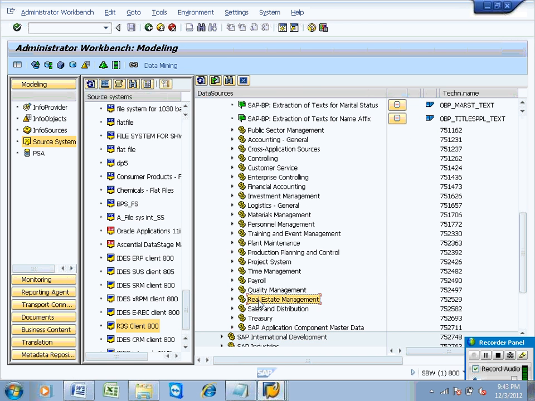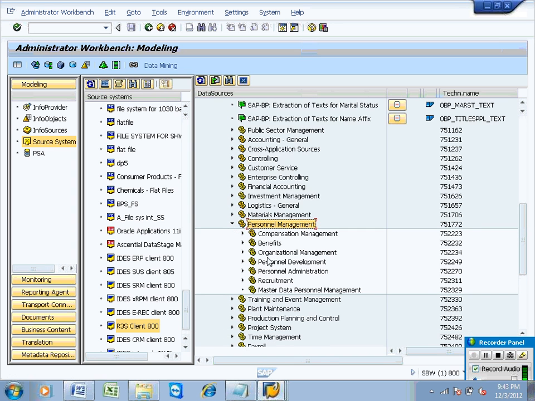We have CA, Personal Administration, Personal Management, Master Data, Master Data Personal Management.